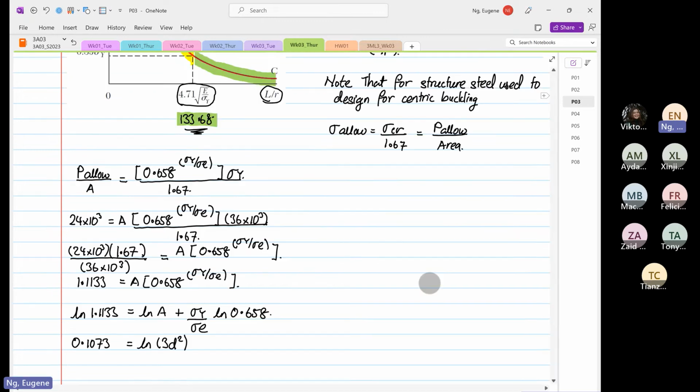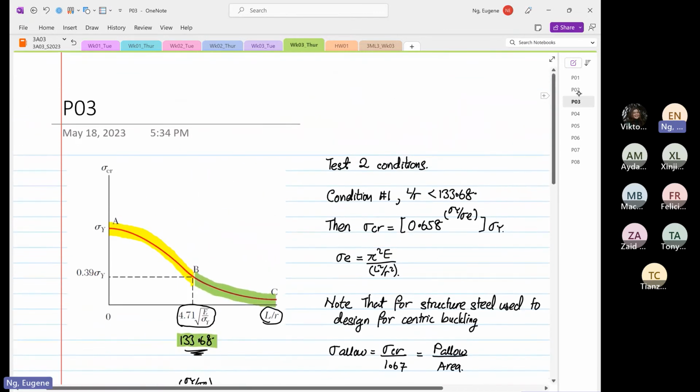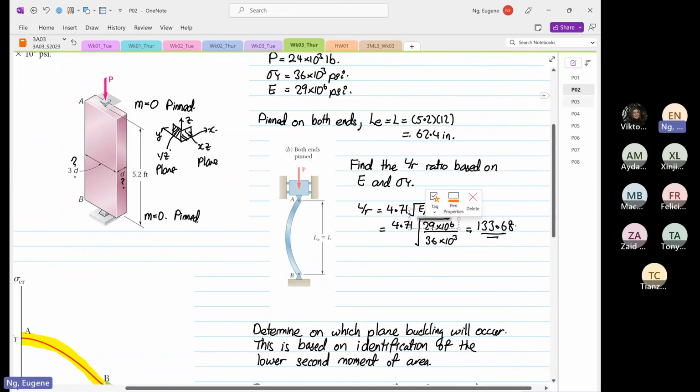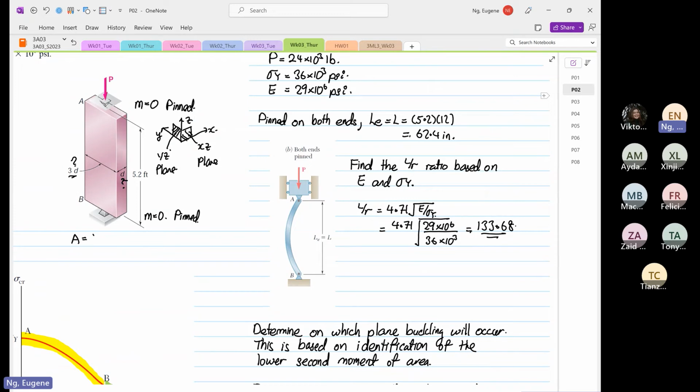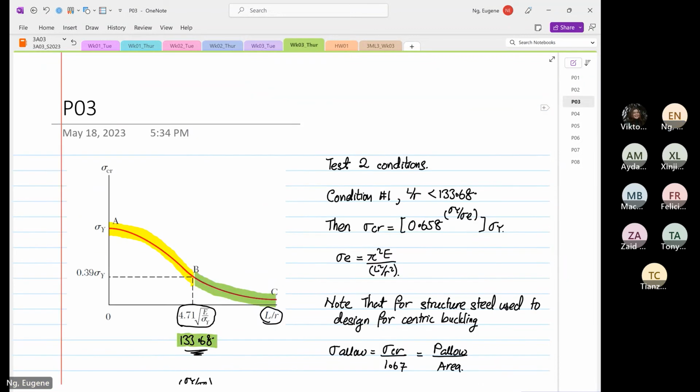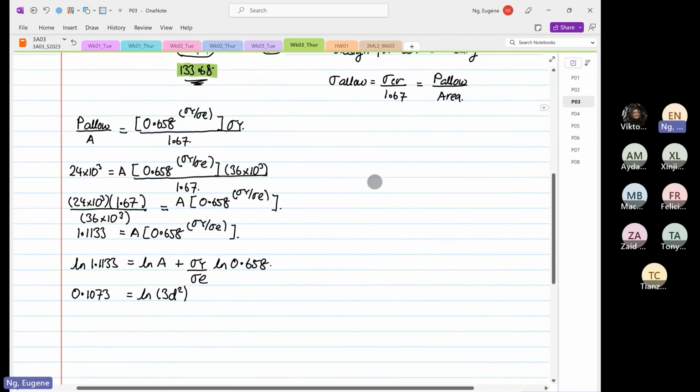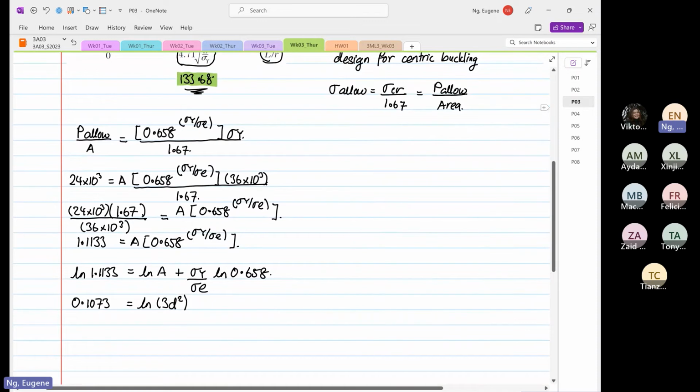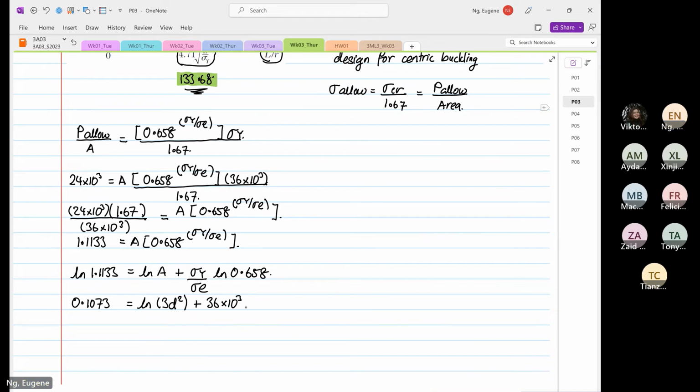Why is that so? Because if you look at the cross-sectional area, this is 3d, this is d, so the area is 3d multiplied by d, so it's equal to 3d squared. Now let's come back to here. Plus stress U is equal to 36 times 10 to the power 3, times natural log